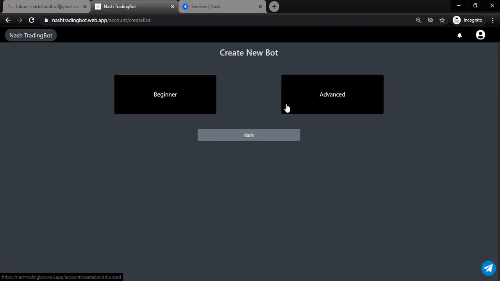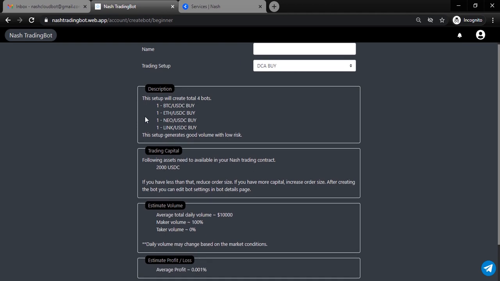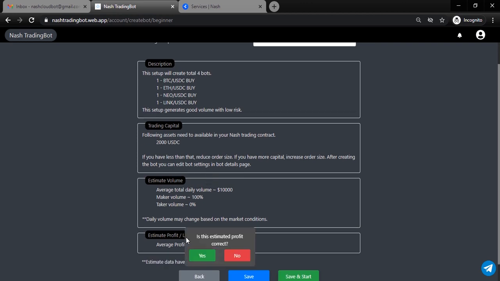Click here. You can select either beginner or advanced mode. Let's look at the beginner mode. In beginner mode, there are pre-configured bot setups. It will create multiple bots, and it will show a description of each bot setup, the trading capital needed for those bots to run, and the estimated volume and profit/loss.